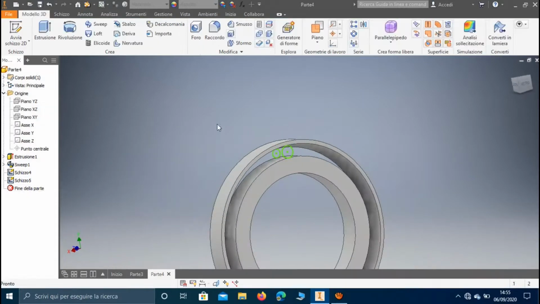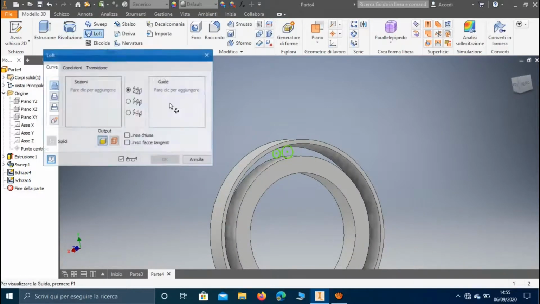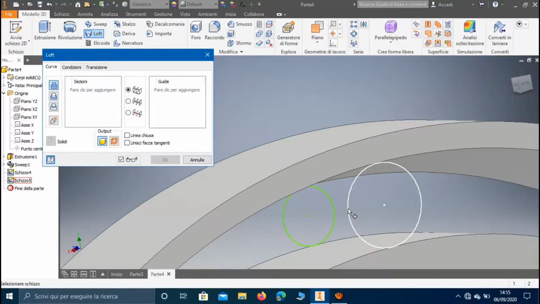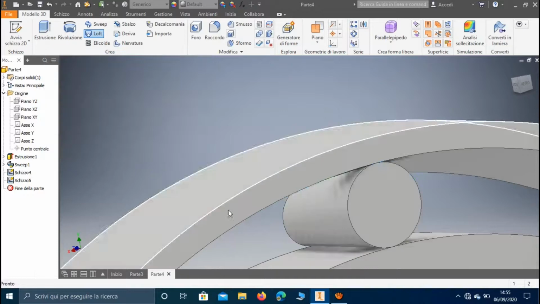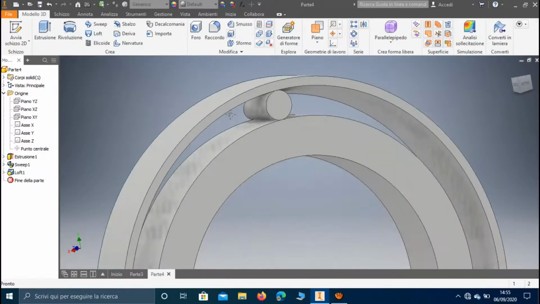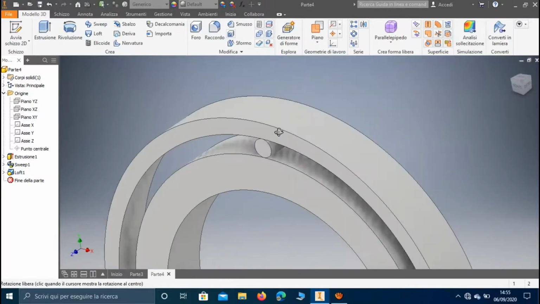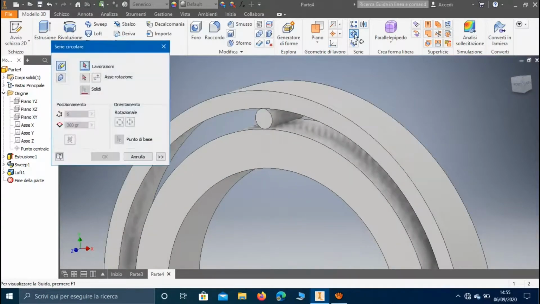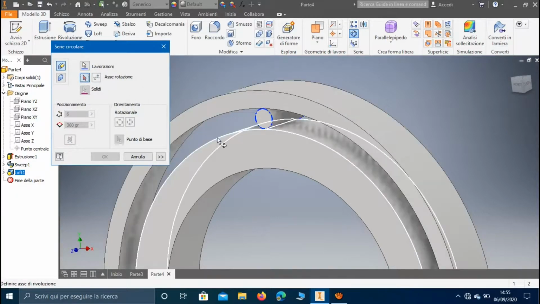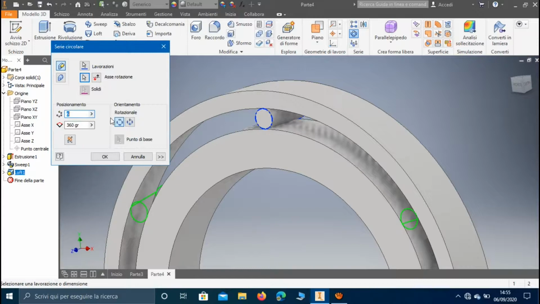Close the sketch, click on Loft, select these two sketches, and this is the first cylinder. Now, in order to create the other cylinders, click on Circular Pattern again, select the first cylinder, then this contour, set 22 number of copies,